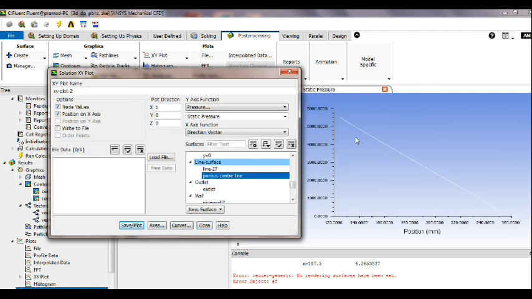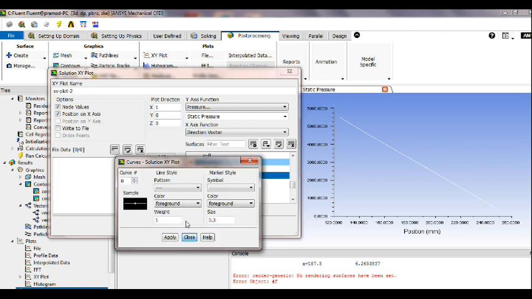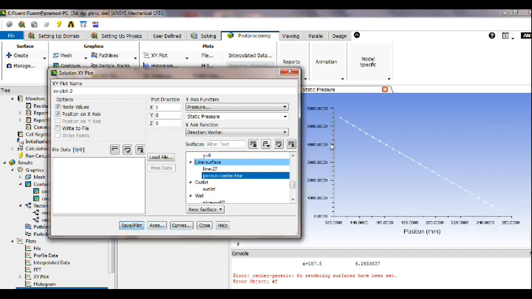Now you can see, you can also go to the curve and change the symbol to dash and again plot it. Now you can see